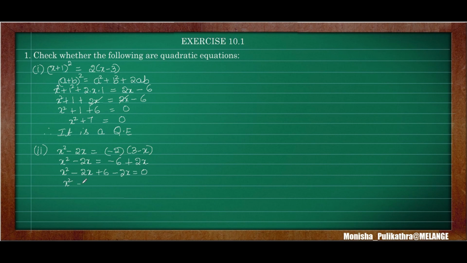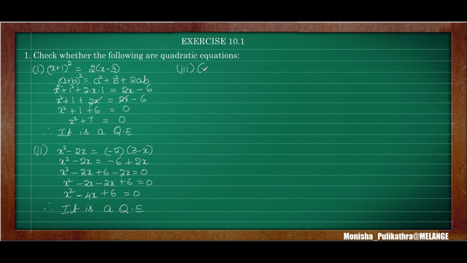So x square, here minus 2x minus 2x. I will be grouping the x variable together, plus 6 is equal to 0. Minus into minus, like signs means we need to add. So it will become 2x plus 2x, 4x, and the sign will be minus itself. Plus 6 is equal to 0. So x square minus 4x plus 6 is equal to 0. It is in the form of ax square plus bx plus c. Therefore, it is a quadratic equation. This is also a QE. Next, moving on to the third problem.